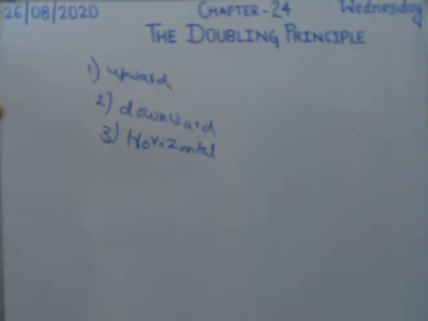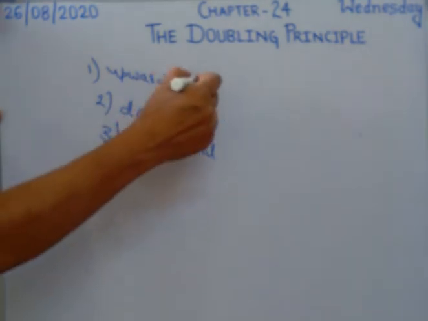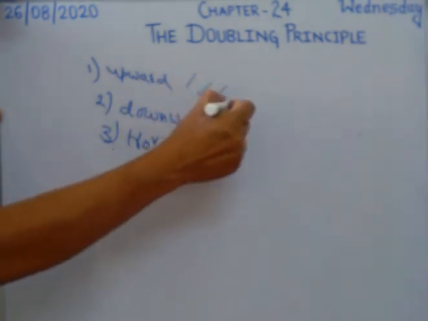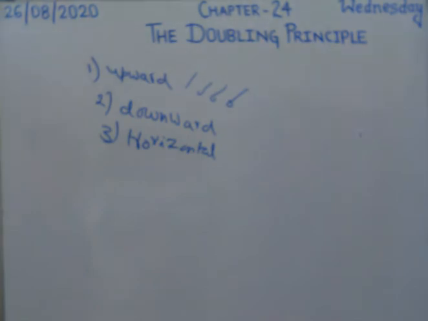Now in case of upward stroke, which are the upward strokes? Re, ve, ye, he, etc. When these are doubled,